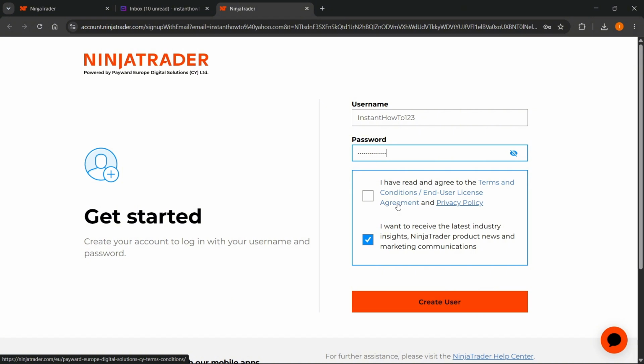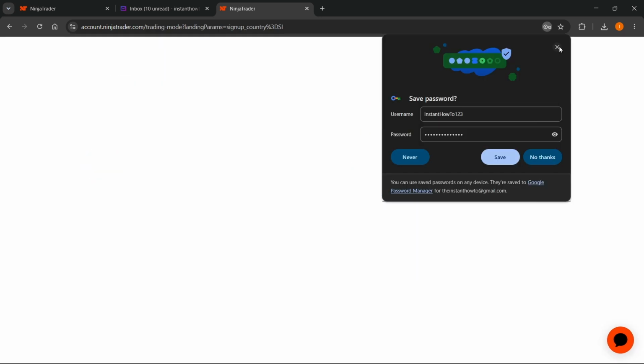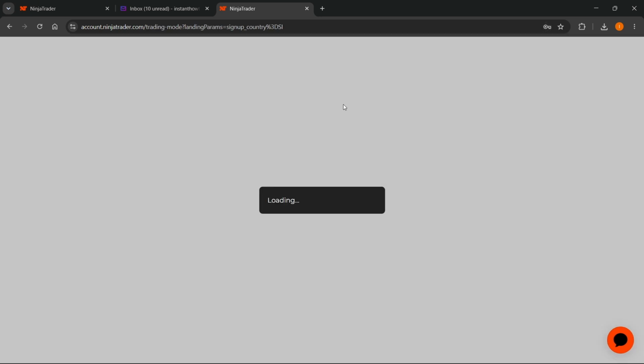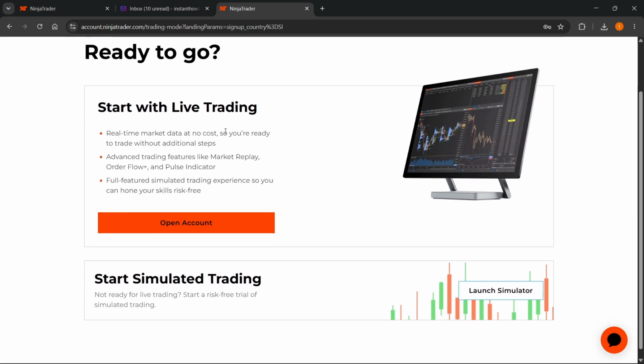So basically, read them through. And if you do agree, click on I agree over here, the check mark, and that's essentially what you have to do. Then hit this create user button over here. It's going to log you in. It's going to say new account created, and then it's going to start loading, and then there we go. As you can see, it's going to say ready to go,